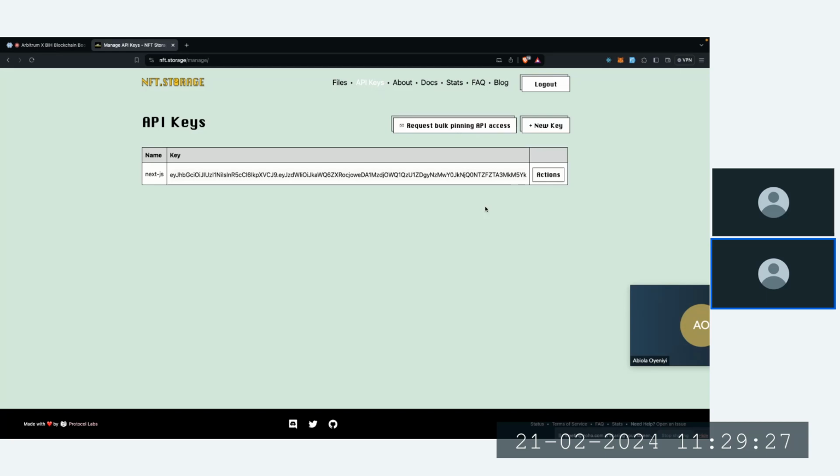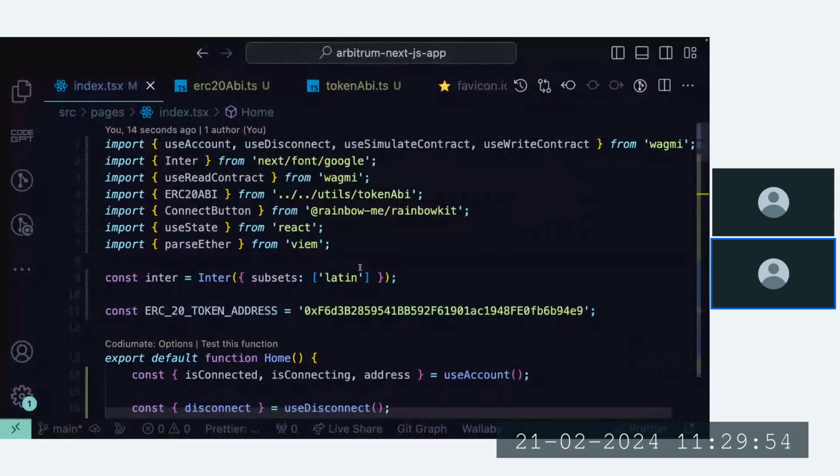For those of us that have not generated one before, you should see New Key or Create Key. It's quite straightforward. You click on it and it's going to generate a key for you. To copy this key, you can always click on Actions, there's a dropdown, and click on Copy. Right. Now, once you copy this, you can come to your Next.js application and